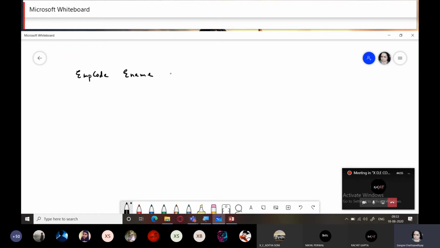Second one, e-name, that is employee name. Third one, I want to select department NO, DEPT-NO, because I'm going to create a new table known as department, which will contain the actual names of departments, just like you had seen it in the patient table. Okay, doctors and patient. Every doctor had a doctor ID, and that doctor ID was used in the patient table. So similarly, department number will be used in the employee table. Similarly, designation and salary. Understood? So we have these.